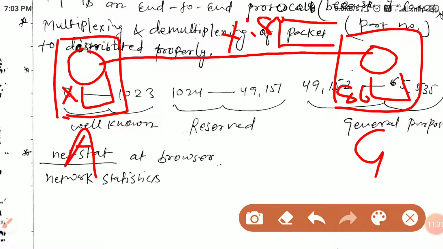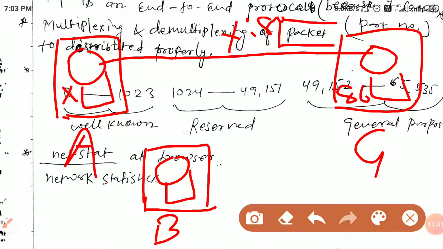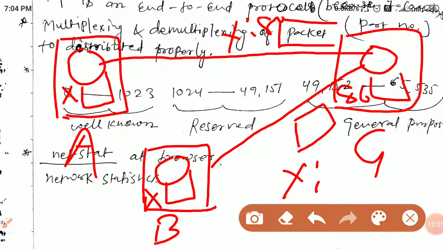Now what happens if there is another host B which also has some process, and it also wants to communicate with Google, and it may so happen that B also has port number X. So there will be one buffer here, and this buffer also has X to 80, because within one host two processes should not have the same port number, but on two different hosts the same port number is possible.